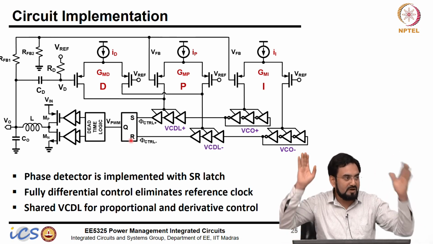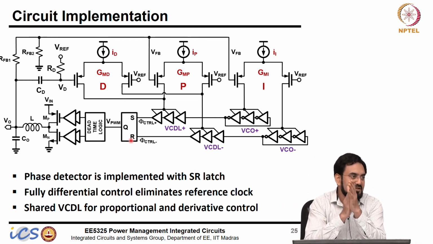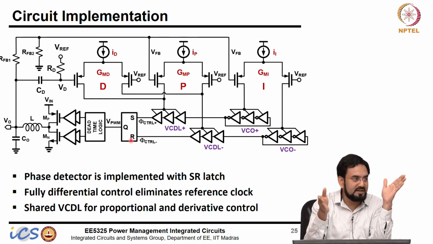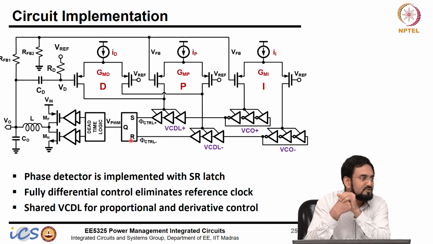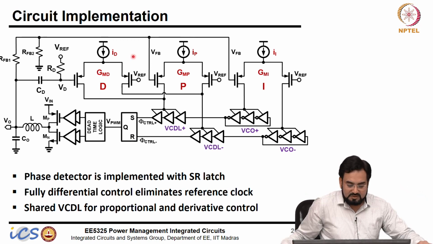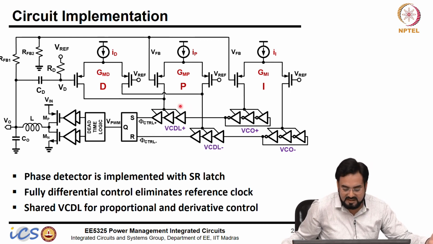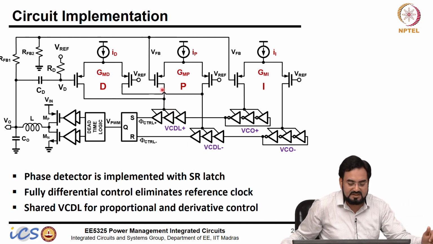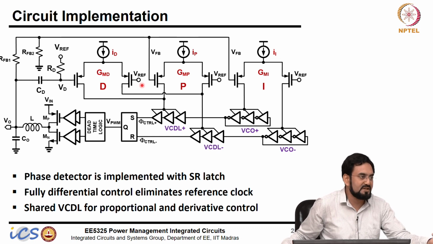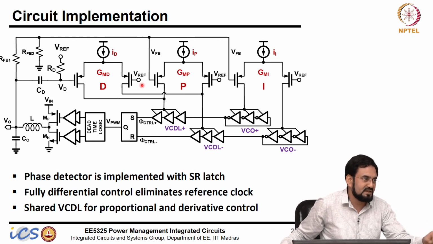So you have two clocks with a phase difference. So if I set at one edge of the clock and reset at the other edge of the clock, your total range you will get is 2 pi in that case. So the way we implemented it, instead of using a VCO which we call voltage control, we are using current control. So we are controlling the delays with the current, which means my feedback voltage and reference voltage, I need to convert that into current, and we can simply use transconductors.